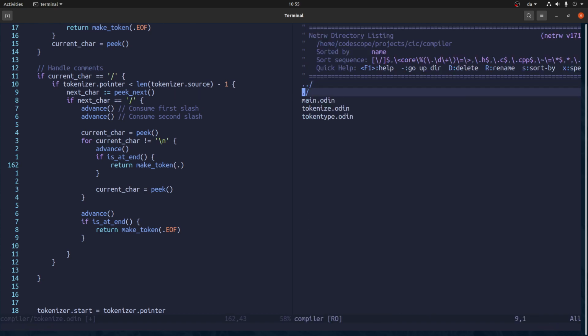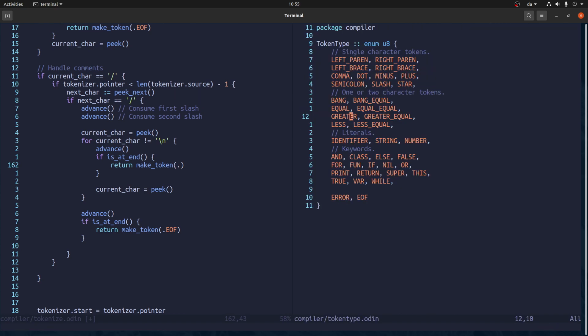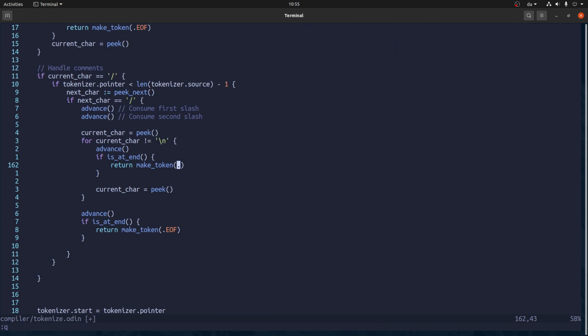Actually, maybe we... How about we have a comment? Nah. Maybe not. I just want to skip comments, just like they were not there. I don't want to tokenize them or anything. So anyway, this should be correct. If we're at the end, tokenize, make an end of file token.